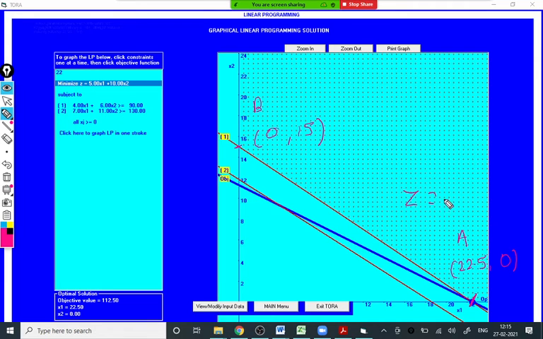So calculate the value of z at A. You will get 112.5. So this is the value of z at point A. Now you calculate the value of z at this point. What is it at 0, 15? If you replace 15 for x2 and 0 for x1, you will get 115. Now just compare these values. Which one is the minimum? 112.5. So you just have to say that the value of z should be minimum at this point 22.5, and the minimum value should be this one. So this way you have to solve it in the exam.